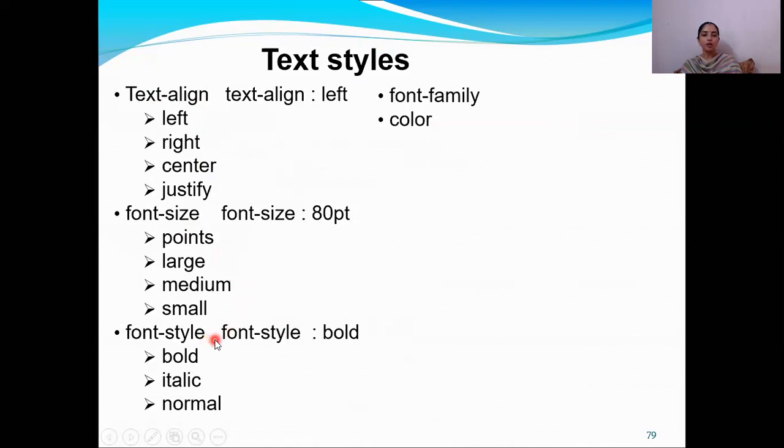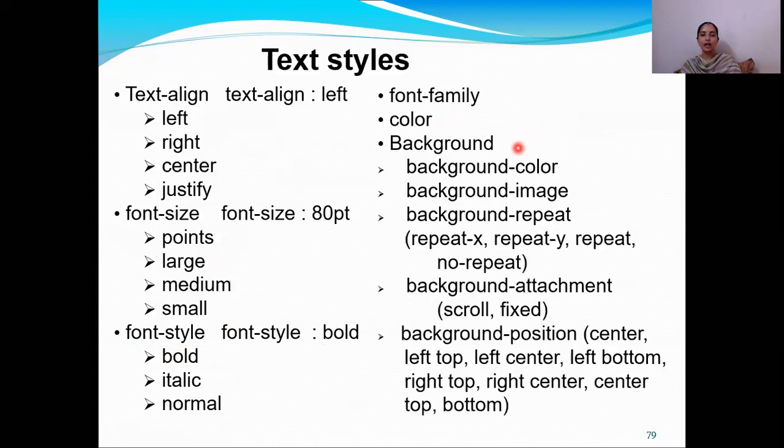Text style can be modified with the help of font-style as a property. You can have a bold one, an italic one, or a normal one. The font-family property will help you to modify from Arial to Times New Roman or Times or Comic or any style. Color is the property that will help you to modify the color of your text from black to any other color. Apart from this, to the text, we can even have backgrounds applied, with background-color being the property,